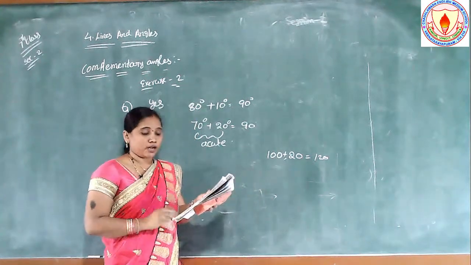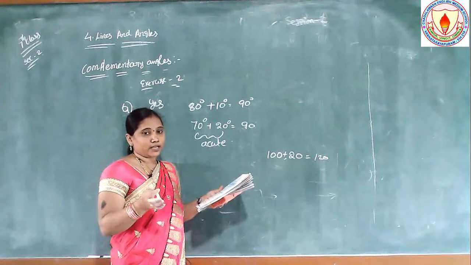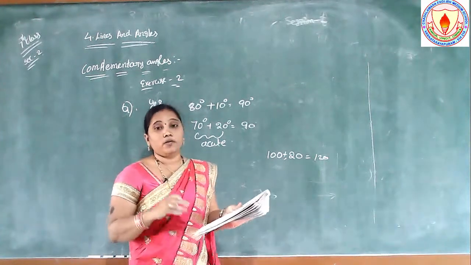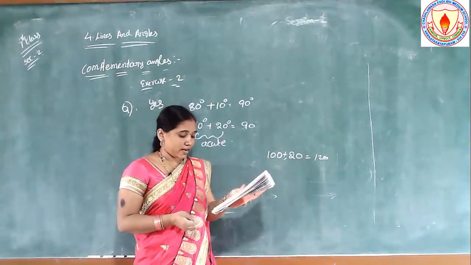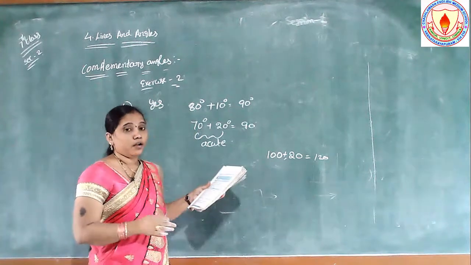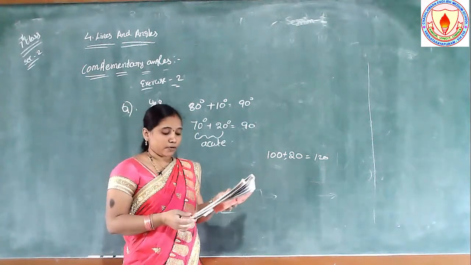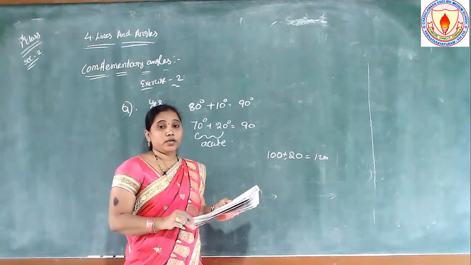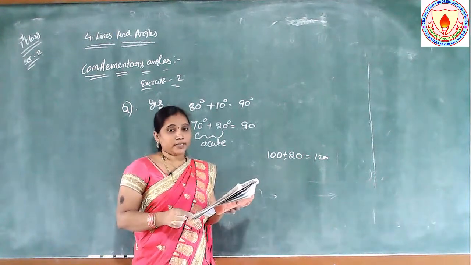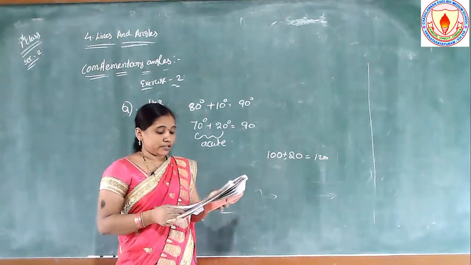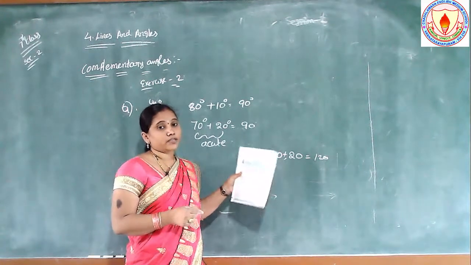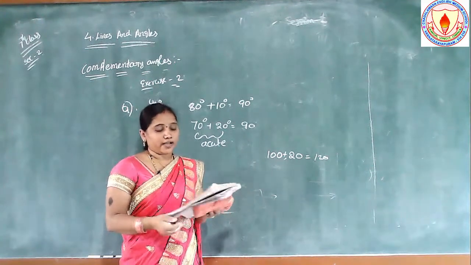So exercise 2 is complete. First Roman: which angles are complementary? Second Roman: find the other complementary angle. And the third sum we already did: what are the equal complementary angles? And the fourth one: is what Manasa is saying correct or not? Yes, Manasa, the statement is correct. Why? Because the two angles are acute angles only.